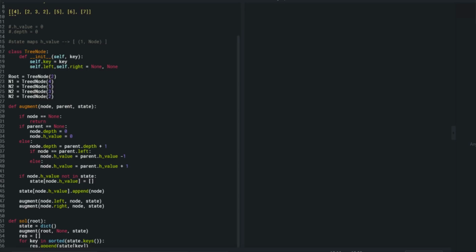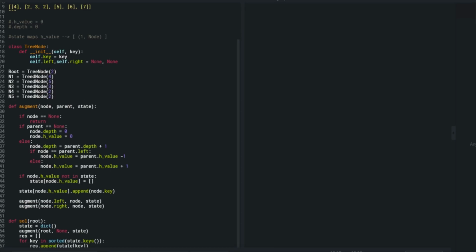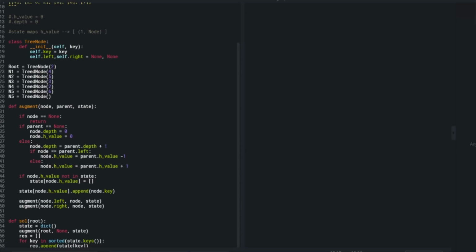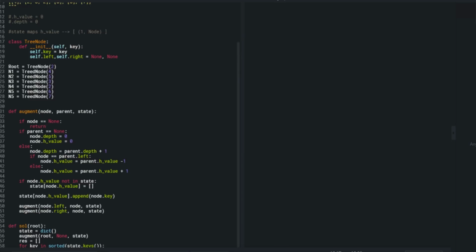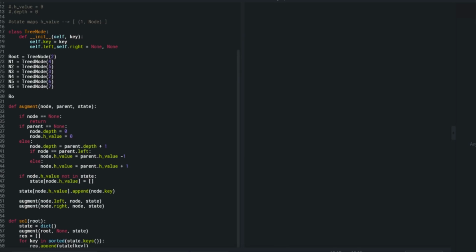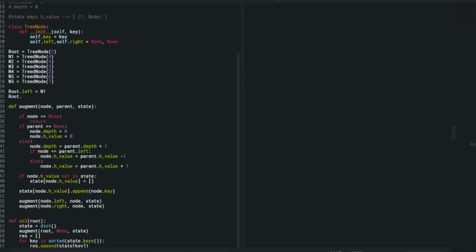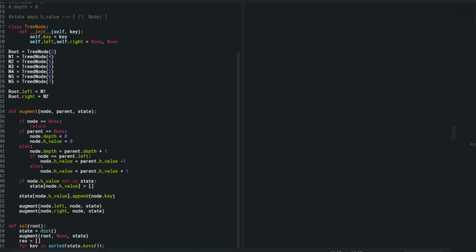Hold on. I think I have to add the value here. Yeah, I have to add the key instead. Okay. 3, 2, 6, 7. Okay. So root left equals to n1. Right equals to n2. And then